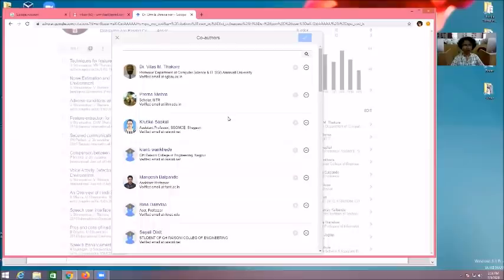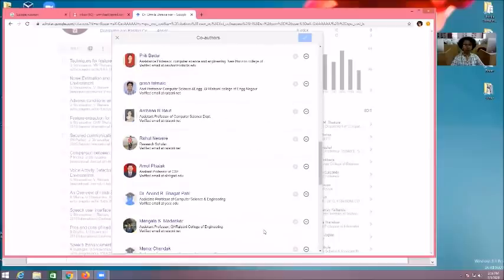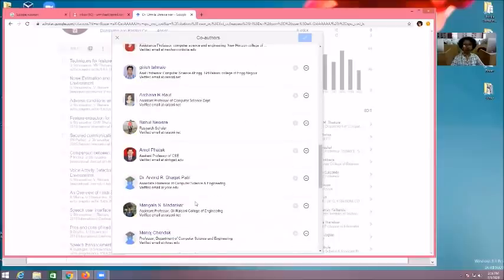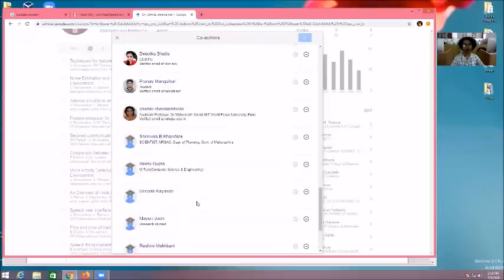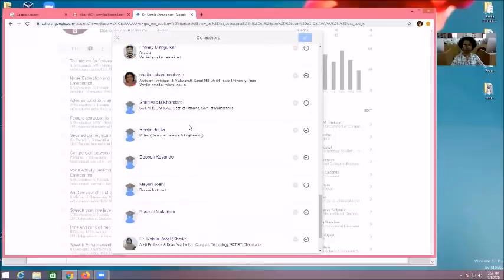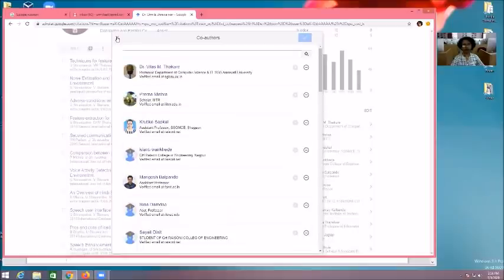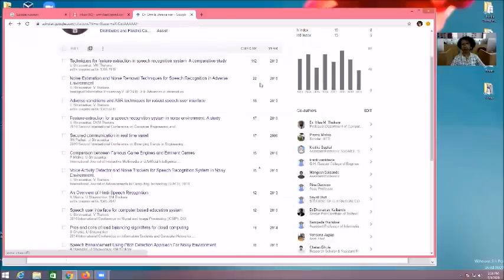But if a particular person is not your co-author, you can press the negative button and delete that person from your co-author list. That way you can maintain your co-author list properly. This is also a good thing. After updating, press the correct mark, or you can cross it if you want to keep it attached. So this is your co-author profile.